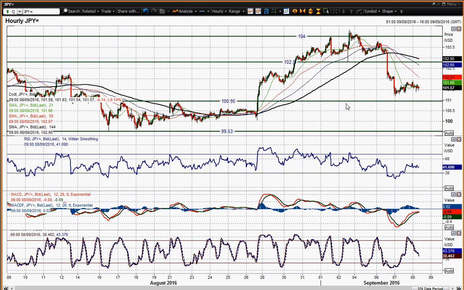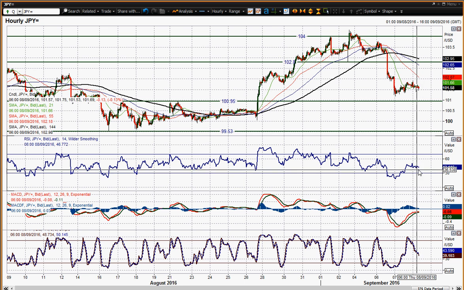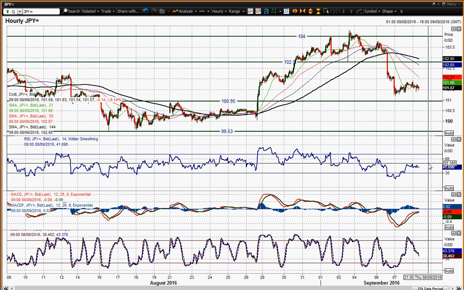Through this rally phase you had the hourly RSI consistently holding up above the mid-30s throughout this phase. That relationship broke down a couple of days ago on the ISM non-manufacturing PMI disappointment, and that's not really got back. Since then you can argue there's been a sequence of lower highs consistently, and the RSI unwinding to 50 on the hourly gives you a sense that this rally is running